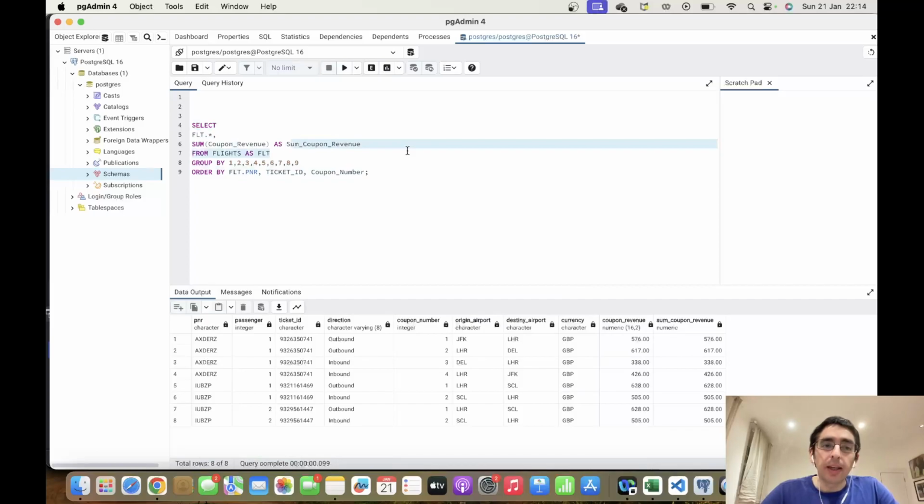So the question is, how on earth can we generate this ticket revenue but at the same time keep these 8 rows in which each row is actually at another level, because each row is at a coupon level. So for that we need the partition. How do we write partition? Well, we say sum coupon revenue, and